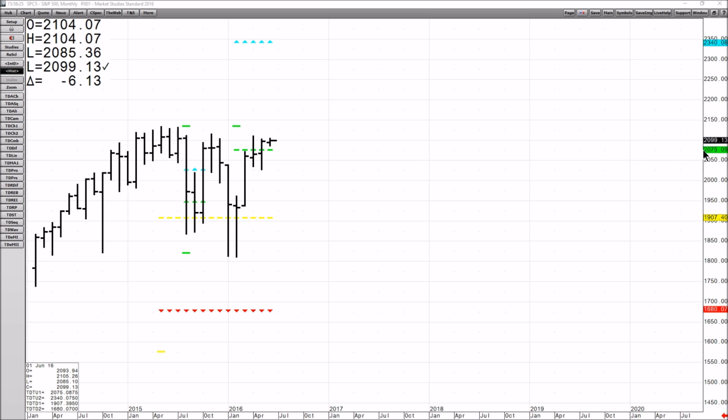We've been talking about the inflection point somewhere around 2075 on this monthly chart. It's possible if we break to the upside that we could move all the way to 2340 on the S&P 500, and it's within the realm of reason relative to how markets ebb and flow that if we break to the downside, the S&P 500 could fall to